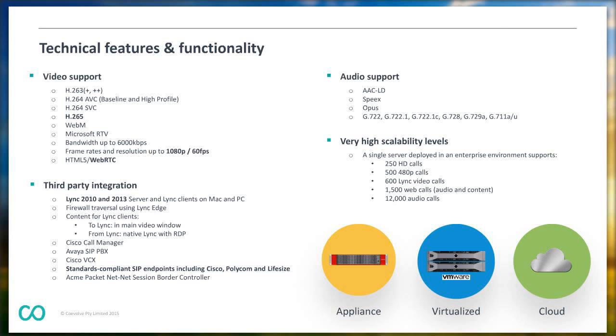video conferences as well. And then from a scalability perspective, this is one of the things that we've liked about the solution from the very beginning, is that the solution can be deployed either as a physical appliance, virtual appliance, or on a multi-tenant cloud-based system, where there can be a mixing and matching of those to meet particular requirements. So if there is a high density of users in one location, that could be done with a physical appliance, but elsewhere, a virtual appliance could be used with seamless connectivity between all of those. But the physical appliance, for example, can support up to 250 simultaneous high-definition calls or up to 12,000 audio calls. So you kind of have that spectrum of capacity there depending on the call type for each of those different